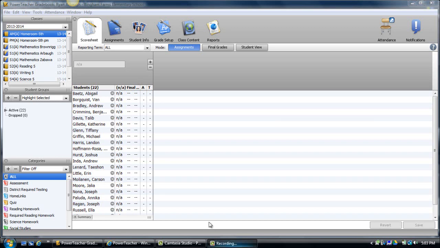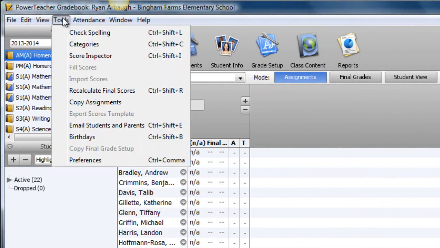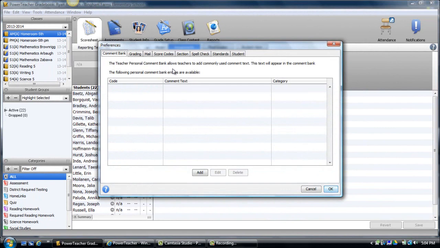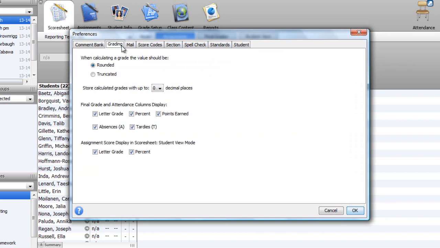Now that we have the initial setup of our categories done, we can move on to the next initial setup piece. At the top here are some options. You won't use many of these options. One that you will use often is Tools, and then Preferences, and then the Preference box comes up with many different tabs. We are going to click on the Grading tab, and since the district is moving to standards-based grading, we don't need letter grades, percent, or points earned, and then down here uncheck letter grades and percent, and hit